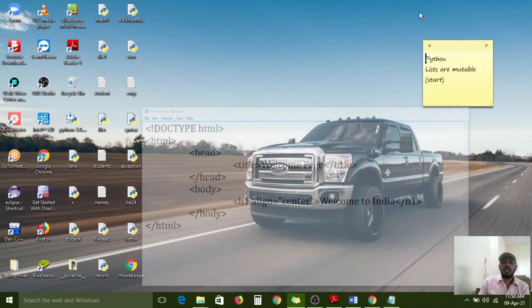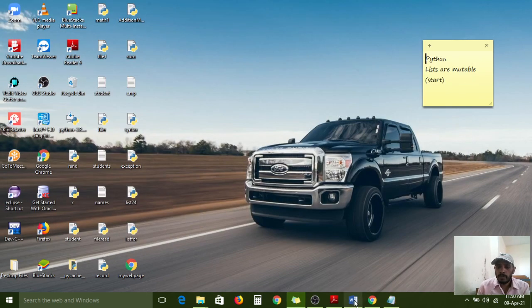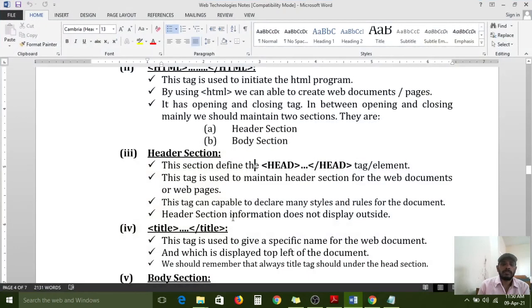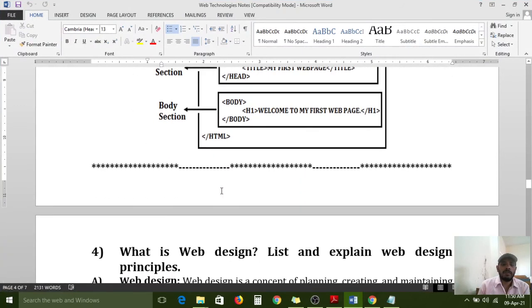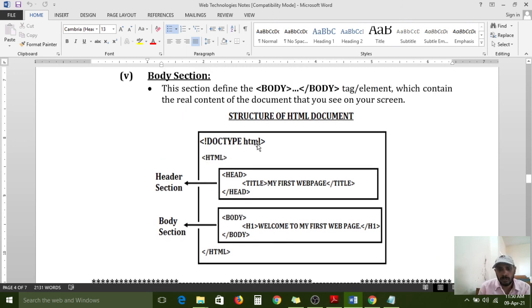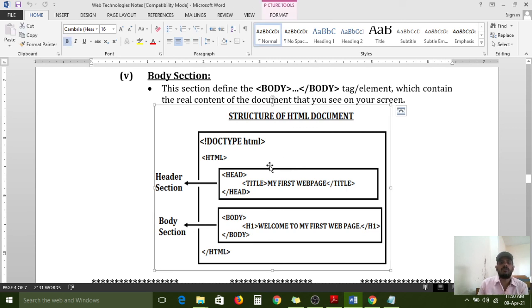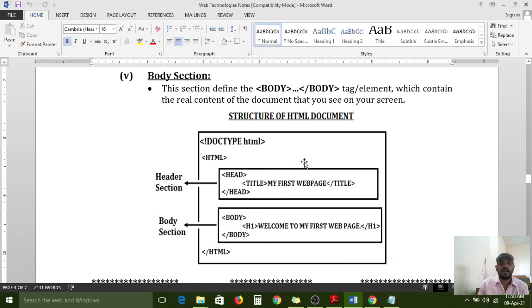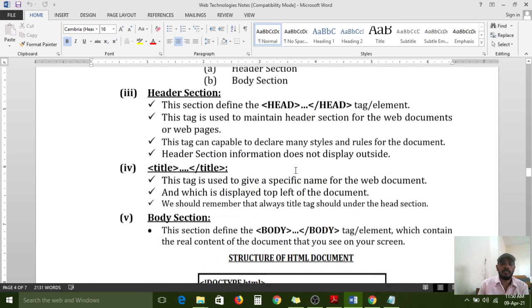I will give complete awareness on this. So the structure of an HTML page is completed. If this question comes in your exam, this diagram is very important to write. It is compulsory to draw this diagram during the examination.